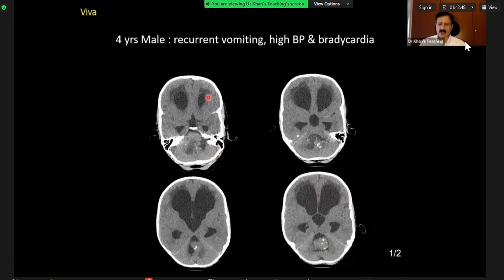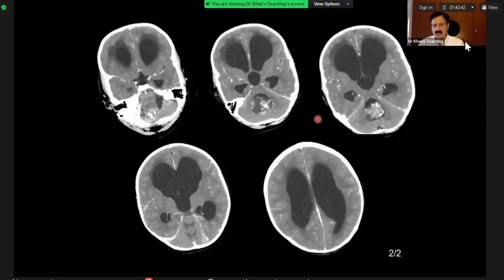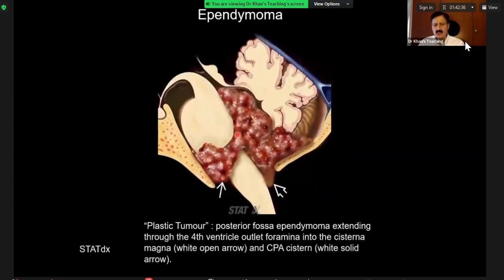Of course, there is transependymal interstitial edema and there is hydrocephalus. Now, this is the lesion. It shows enhancement. Now, this is a picture from STATdx which tells you what happens, that is why we call it a plastic tumor. It goes through the foramen of Luschka into the CP angle. It can go through the foramen of Magendie into the